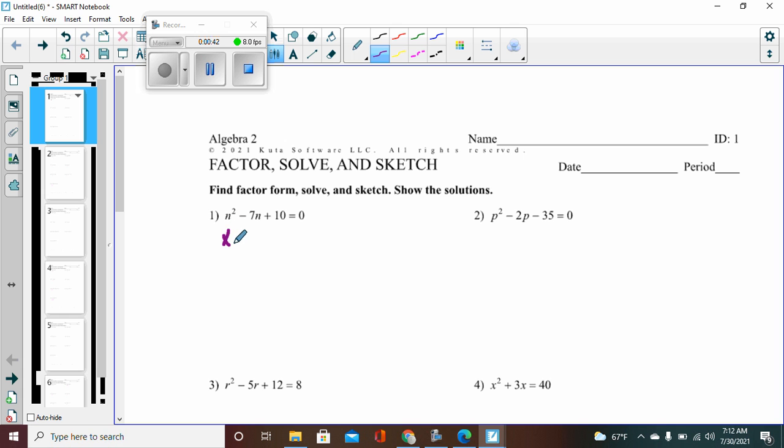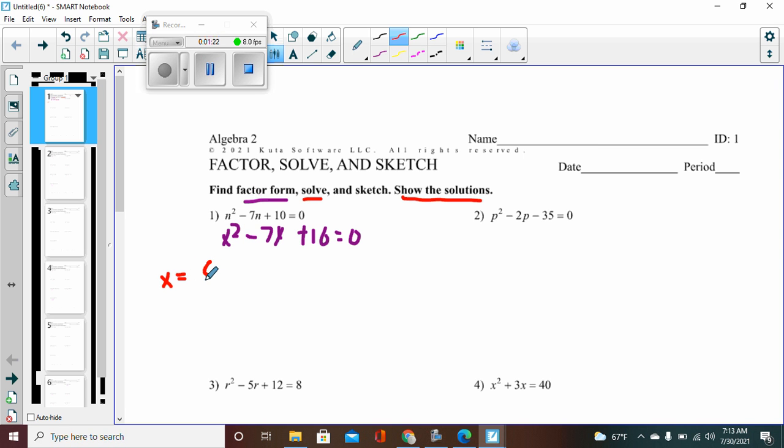So I change this to x squared minus 7x, and so on, plus 10 equals 0. The thing it wants you to do is get the factor form, but the first thing we're going to do is get the solutions. So we're going to show the solutions. This will help us create a sketch and also get the factor form. So solutions first. So we have x equals,